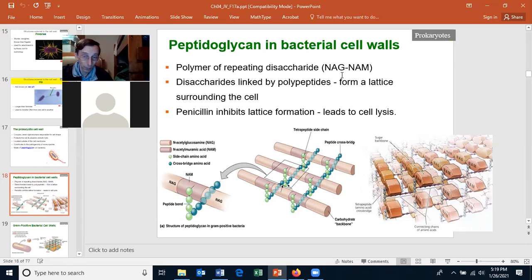I don't care which way you know them, you should just know NAG and NAM, or N-acetylglucosamine and N-acetylmuramic acid. And you just have a chain of these two disaccharides, NAG, NAM, NAG, NAM, NAG, repeating,